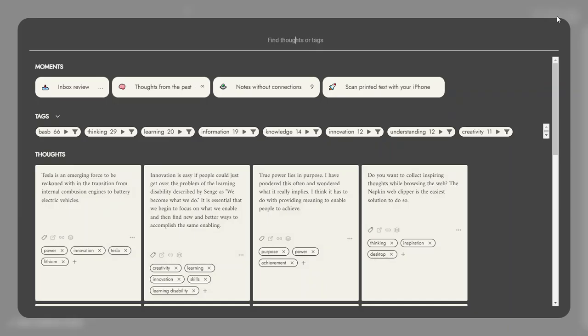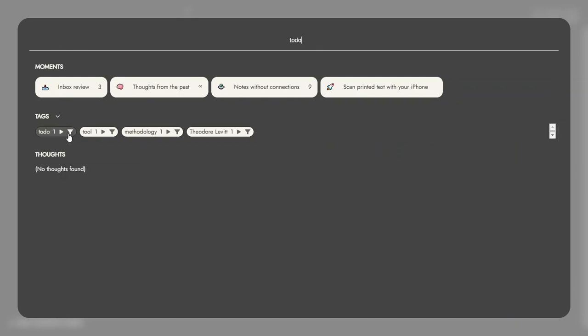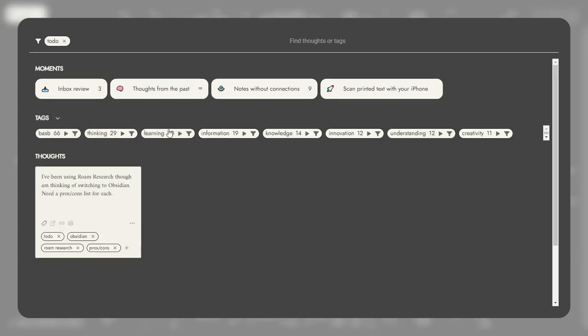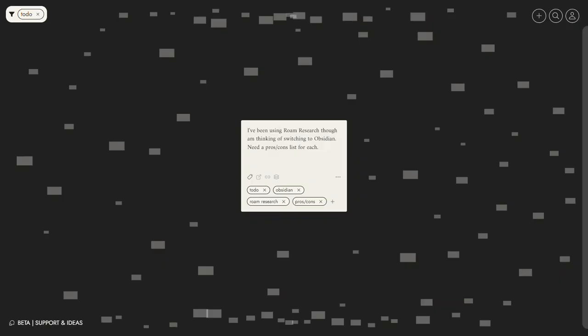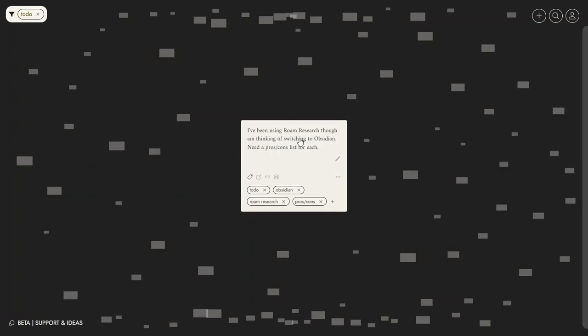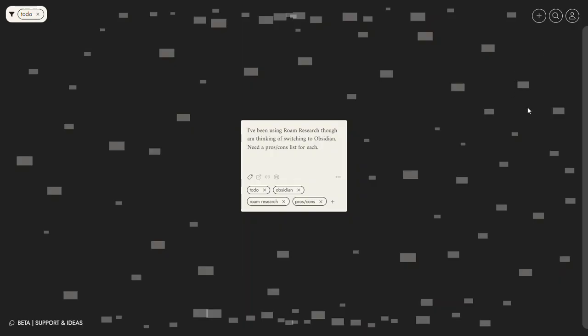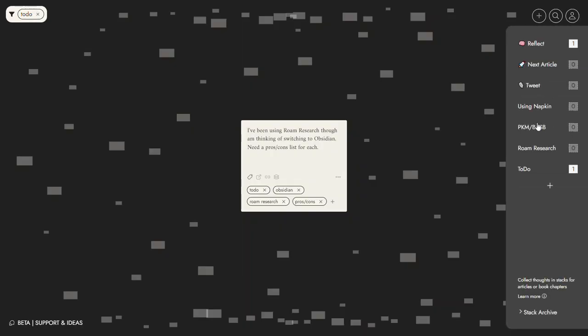Now, if I go here and say to do, I've got one to do, so I can show the things that are to do. If I go back here, I can grab this and take it over and put it in my to-do list. So these are the things that are currently there, and you can make multiple segments. The idea is that if you identify things that you're working on, like here's one for next article, which I'm going to use,